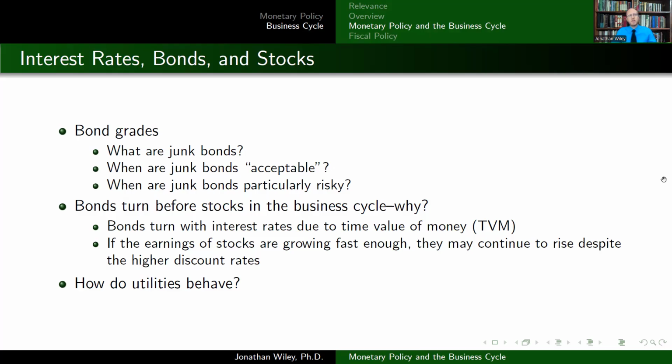And bonds will typically start to go up before the stock market because bonds are responsive very much to interest rates. And when they're in the depths of the recession, generally the Federal Reserve has been lowering rates in order to promote economic growth and try to help the economy. The lowering of the rates tends to cause the bond market to increase and improve. So generally, that means bonds are going to turn, then stocks are going to turn, then the economy is going to turn typically. So if you see bonds dropping,